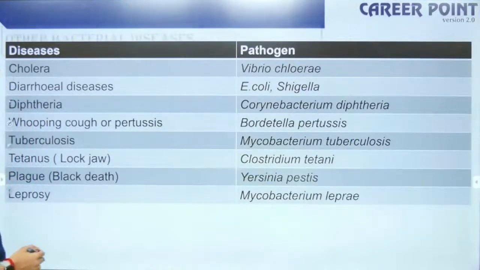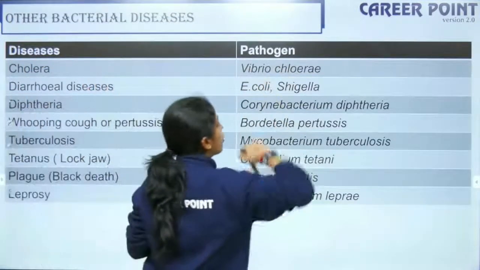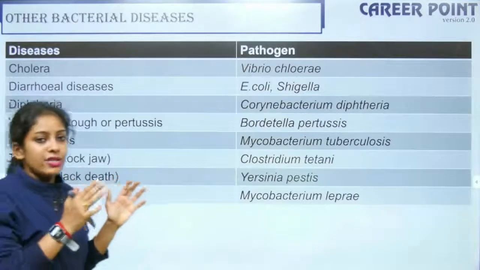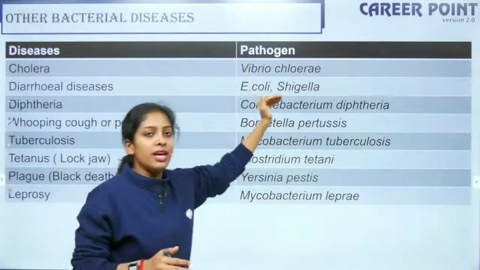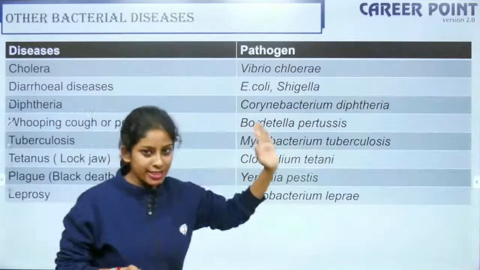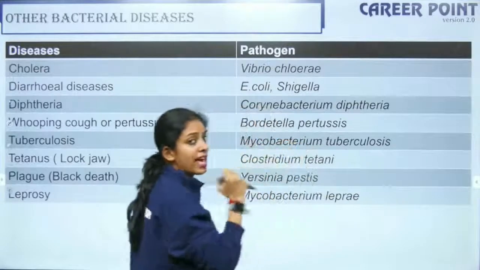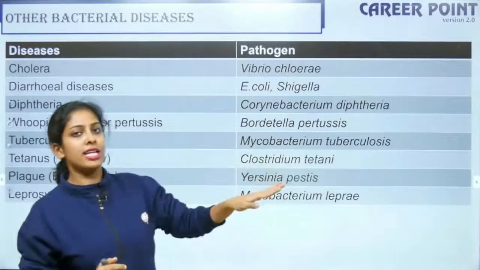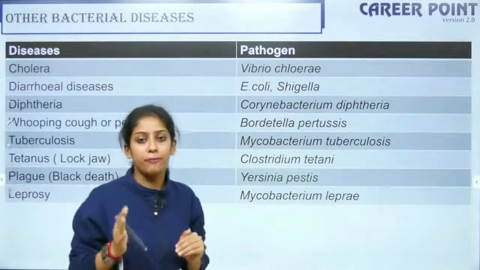Okay, so here we go, other bacterial diseases. Cholera is also a bacterial disease, caused by Vibrio cholerae. Diarrheal disease and dysentery are two completely different, distinct ones. This is caused by E. coli and Shigella to some extent. Diphtheria, Corynebacterium diphtheriae. Guys, please pay attention. I have not underlined the binomial name because I have italicized it. But when you write, you cannot write in italics. Don't tell me, ma'am, I've written in italics so I'm not underlining. No, when you are writing by hand, you have to underline it separately, okay?